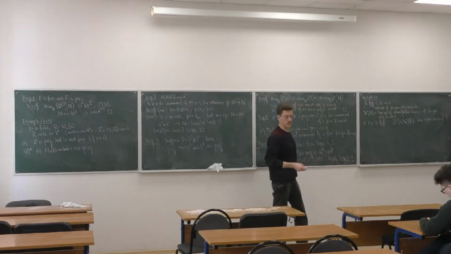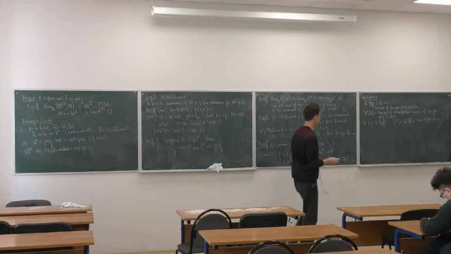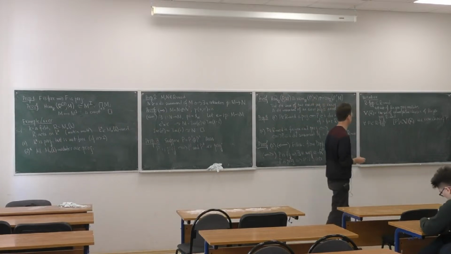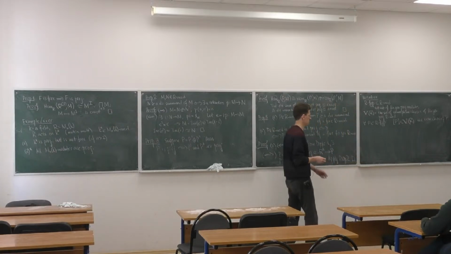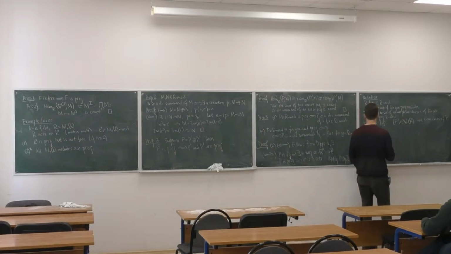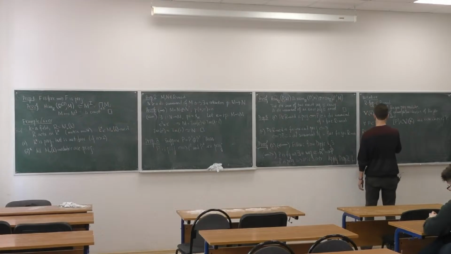Well, first of all, why is it a set? There is a delicate point here, because the class of objects of an arbitrary category is not a set, but V of R is a set. Remark: V of R is indeed a set